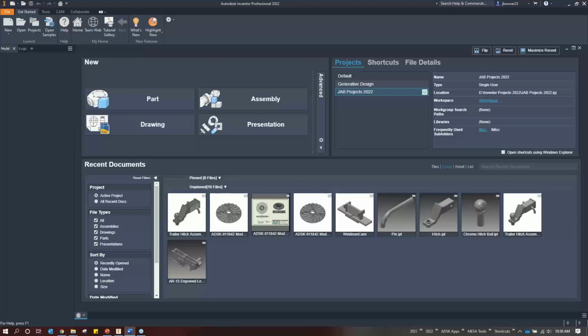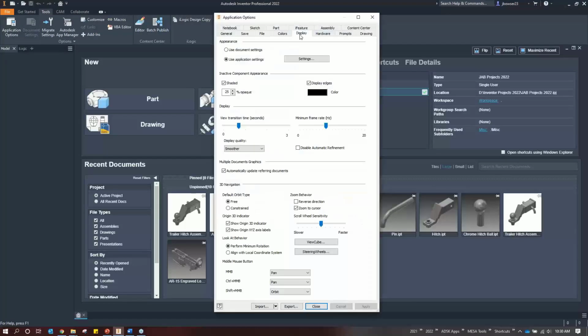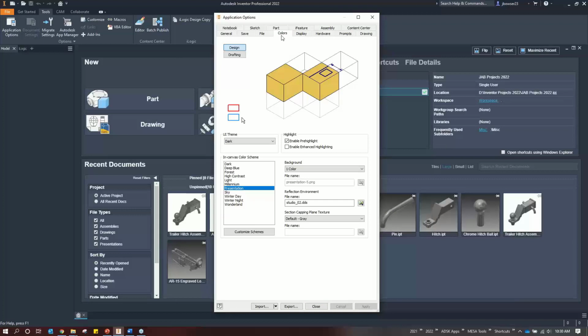So to start off with, just looking at my Inventor screen, you can see that I'm in the dark mode right now, which is what I prefer, but I want to show you how to switch that over to the light mode. So if I switch over to my tools, application options, you're going to find that on your colors tab. And we have the UI theme, and I'm going to switch that over to light. So it's in the same spot it was previously with the pre-release, but like I said, it's graduated to full release now. I can hit the apply there